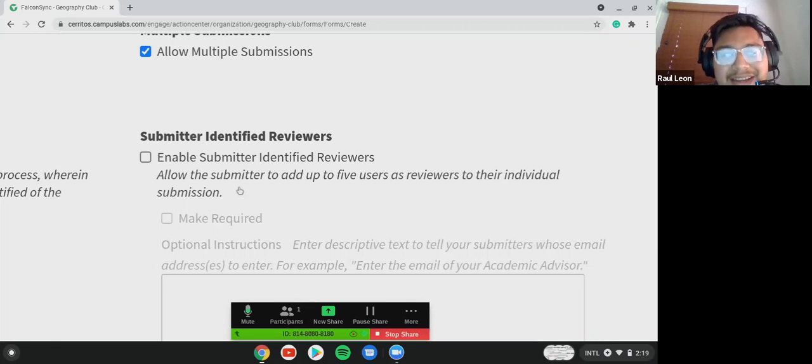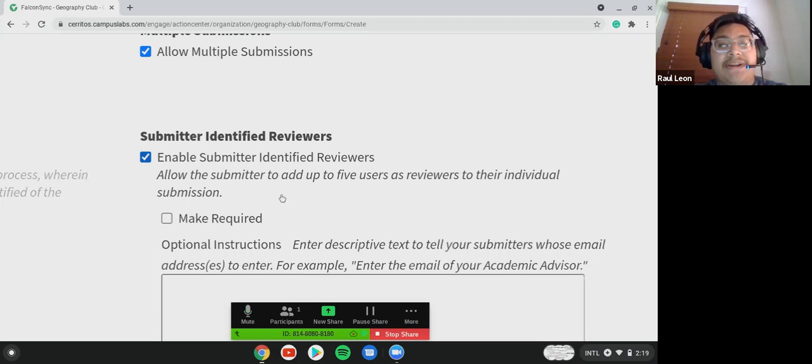Then here, submitter, intensified reviewer. Usually us presidents, vice presidents, or admins are very busy with all the work that we have to do for our clubs. Let's say you'd like someone else in your cabinet or members to look at this form, then you can enable submitter intensified reviewer.